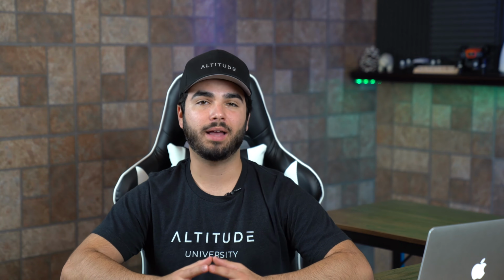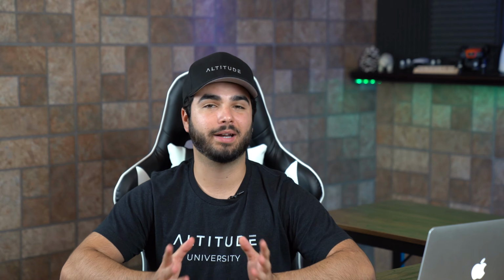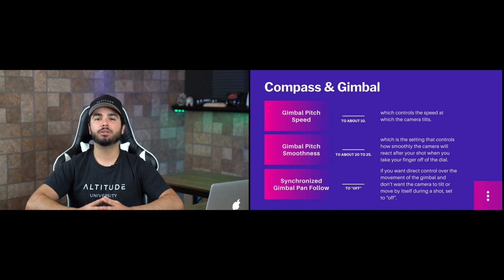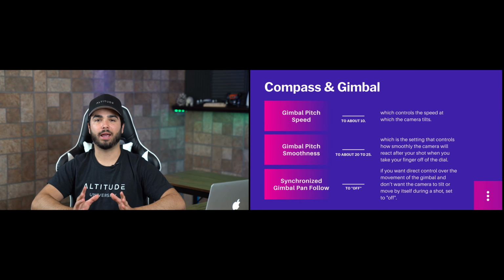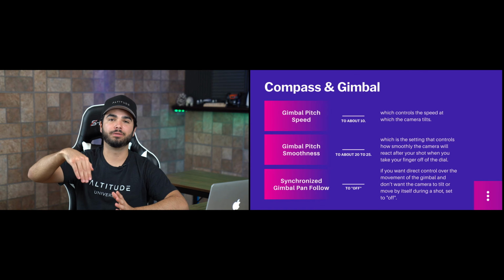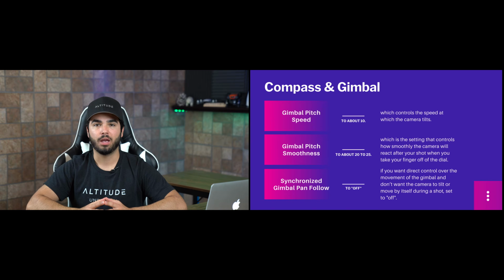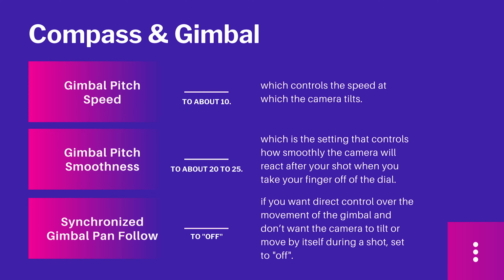The first area we'll take a look at is the gimbal. Most drones come equipped with a 3-axis gimbal that will allow for nice smooth shots while you're flying. The only thing is, not everyone is shooting for those cinematic, slow-moving shots right out of the box like we are. So let's get that sensitivity dialed in. First, we have the gimbal pitch speed, which controls the speed at which the camera tilts. So when you see those nice revealing shots where the camera angle is facing straight down and then it reveals upwards, that's going to be controlled by how you move the wheel on your controller. You'll want to set this setting in your DJI Go app to 10.